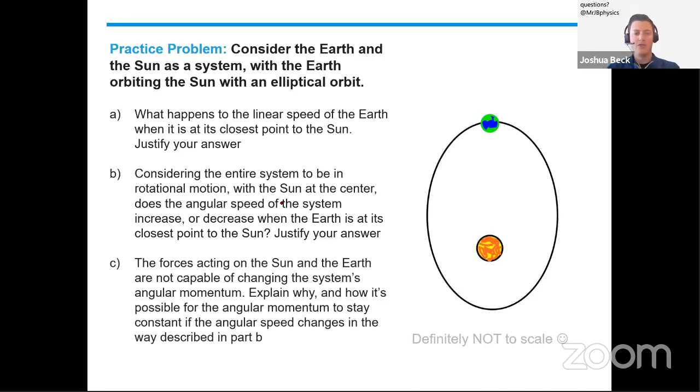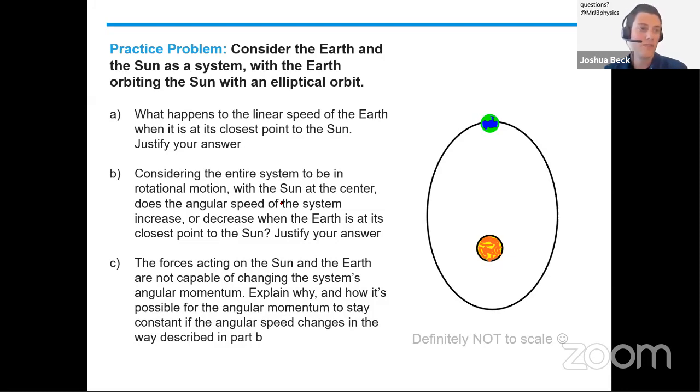And now I'm telling you the forces acting on the sun and the Earth are not capable of changing the system's angular momentum. They weren't capable of changing the total energy in the system. They're also not capable of changing the system's angular momentum. Right? Greg talked about angular momentum a few classes ago. Explain why these forces are not capable of changing the angular momentum of our system and how that condition is even possible